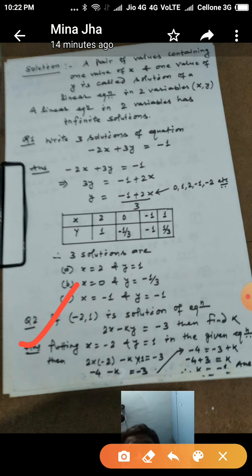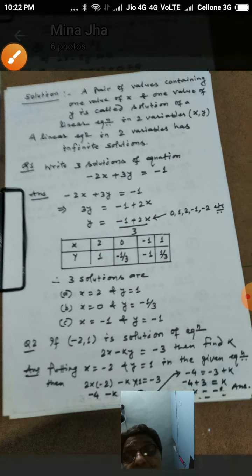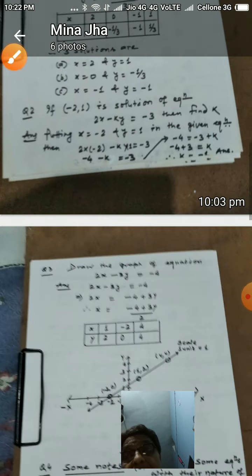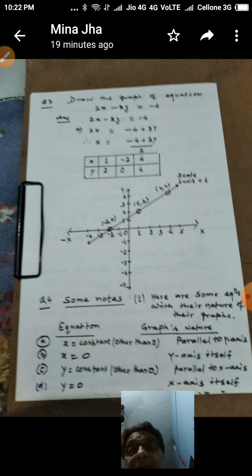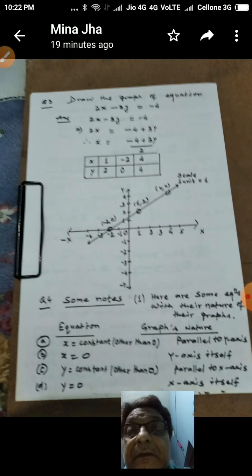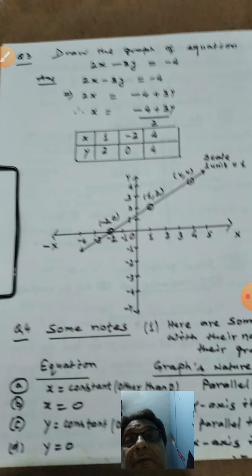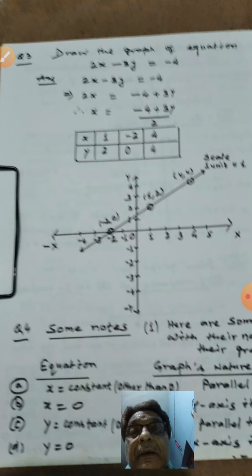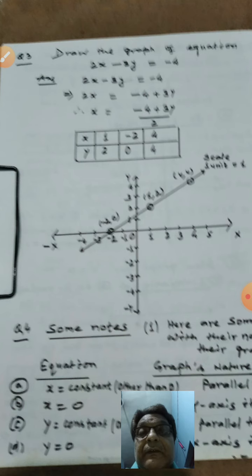Okay student, now we will see some more questions here. Again one question is, draw the graph of the equation, and the equation is 2x minus 3y is equal to minus 4. So here again, as we have just seen how solutions of such an equation are obtained, in a similar way